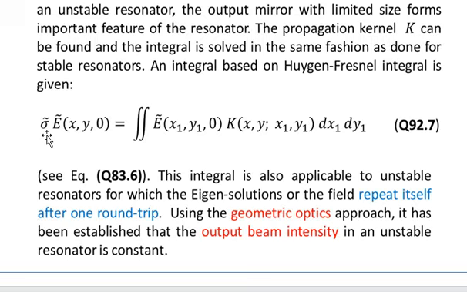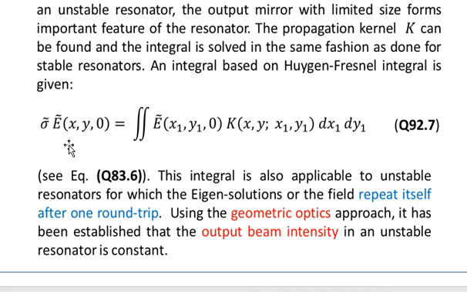It has sigma prime multiplied by E prime of x comma y comma 0. On the right hand side we have the double integral containing a field E prime at the location x1 y1 0, multiplied by the kappa, which is a function of x comma y and x1 and y1, and the integration variables are dx1 and dy1. Where you see that E prime of x1 y1 0 is actually the field at the location of the mirror 1, and then after one round trip, where the field will repeat itself, we have the